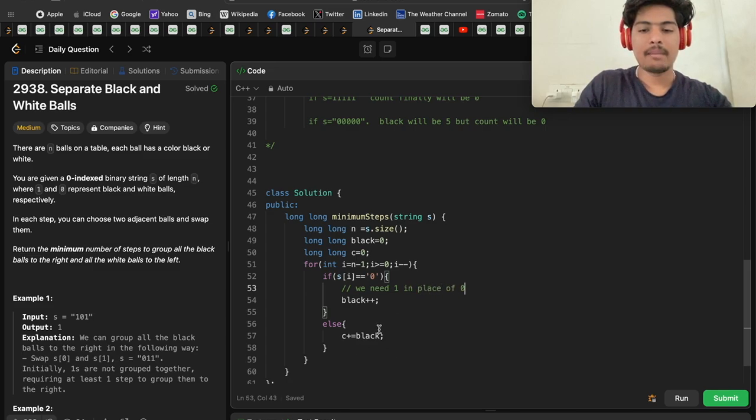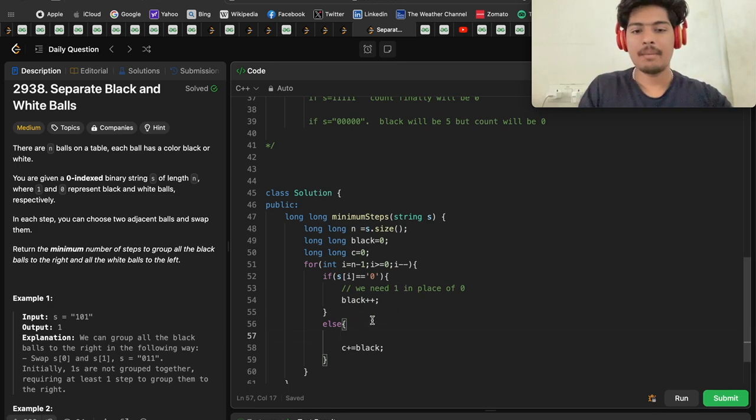In the else case, s of i equals 1, so 1 is already present there, so no need to do anything. Simply increase count by black count, because black count means I need 1 in place of 0, but here in the else case 1 is already present, so I will keep adding black count to count, as many as I need 1 here. So it means no need to do anything,